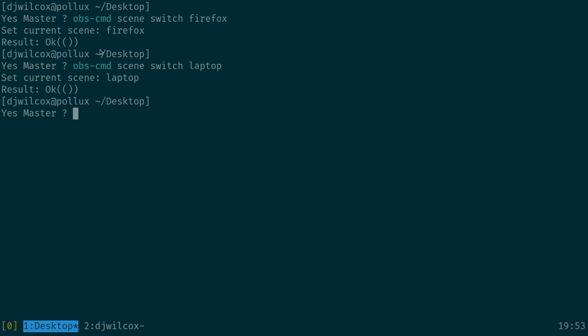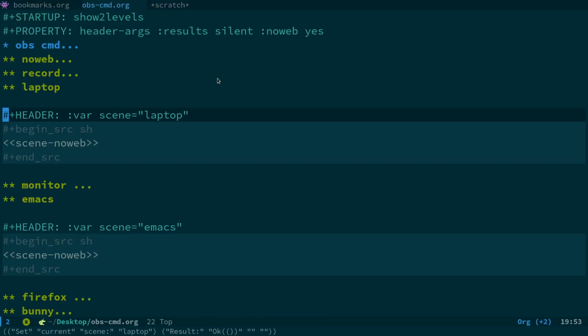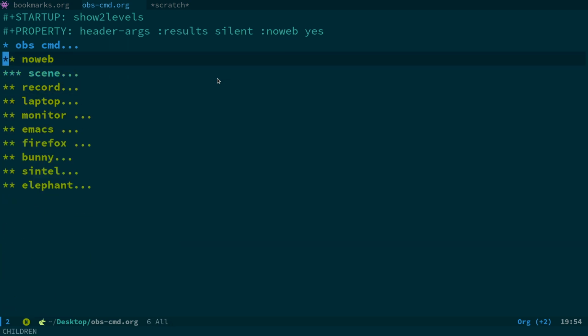But as I said, the issue is there's no auto completion for the actual options here, or the scene names. So you have to actually manually type out the scene names. So that's why I was thinking of using an org document with org babel source code blocks you could execute, and then on top of that, let's throw in some noweb so that we don't have to have the same commands listed multiple times, because basically otherwise what we'd be doing is